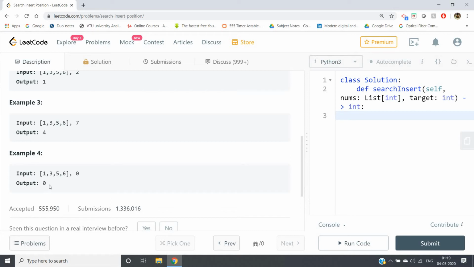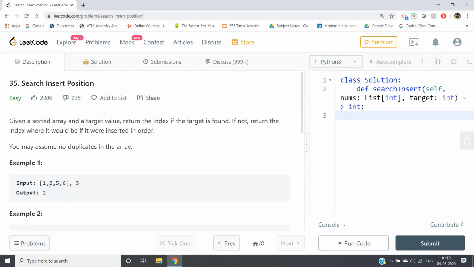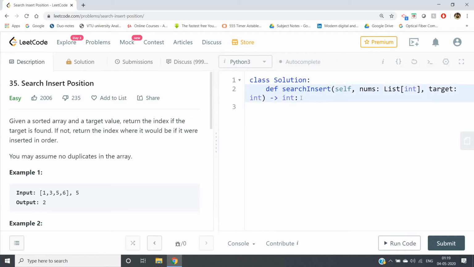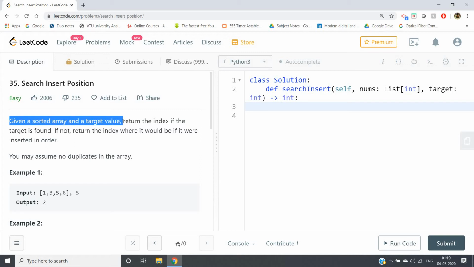So output is 0. Now try to think about one algorithm which can be used to solve this particular problem. Here I am explaining, but before going to the explanation, please have a try so that your logical thinking skill will build up. The first part is very simple. It is clearly given that sorted array and a target value, return the index if target is found.